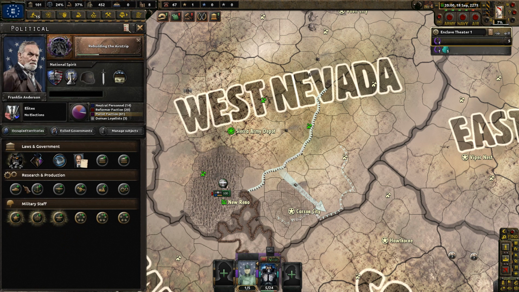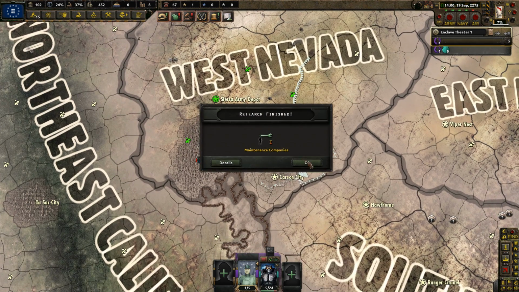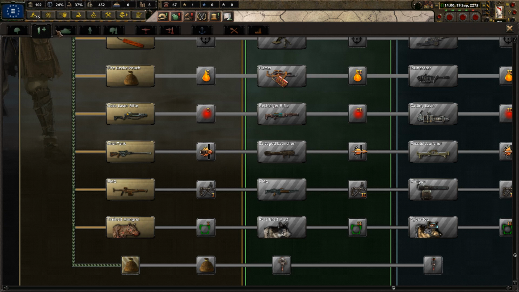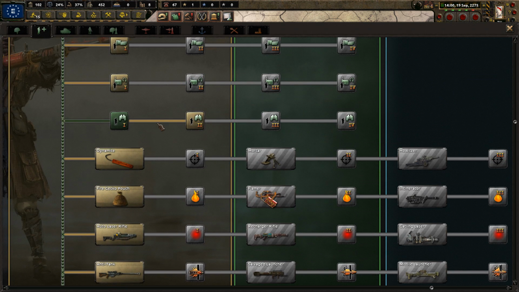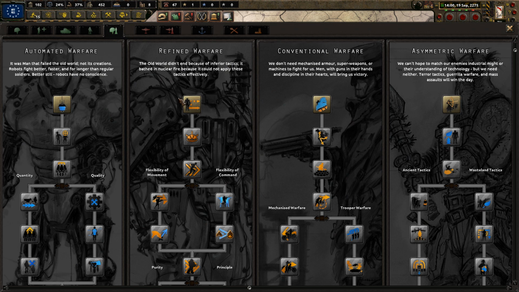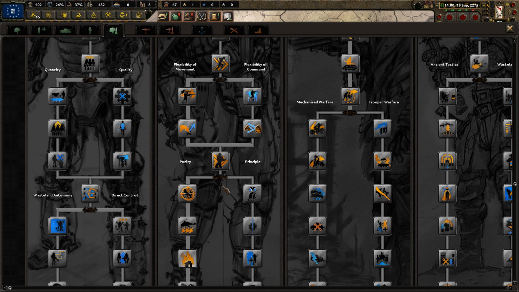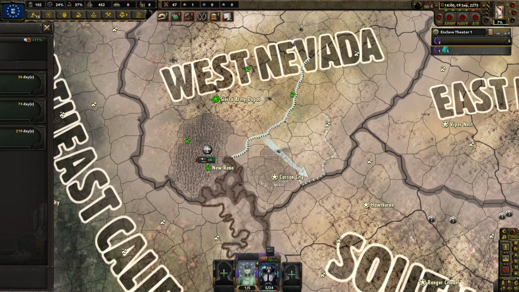We can officially modify the government again, and if I had something that would allow me to get some extra political power, that could potentially be good. But since we're so low right now, let's just play it safe until I know what I'm doing. More companies could be nice. Let's go ahead and get started with our doctrines. I am going to go for the refined warfare to make do with more guns for less manpower. I mean, robots could be good, but I suspect this is the proper route